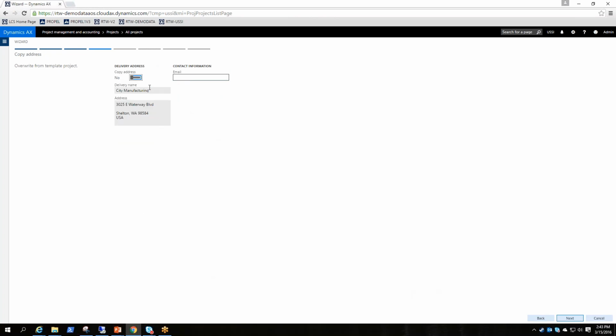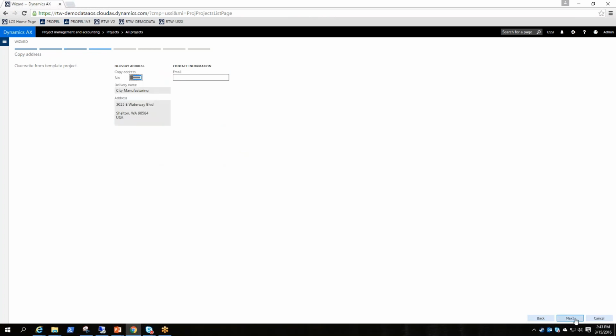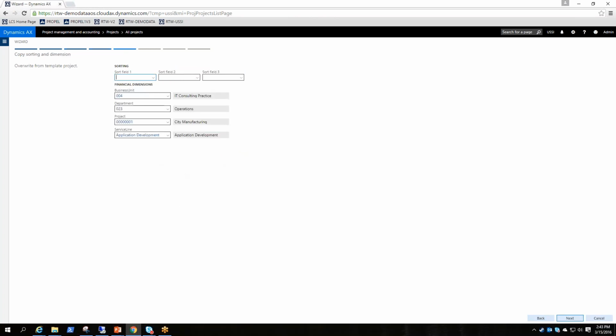So this information as well, you'll want to adjust. Yeah, it looks like you can't change it at this level. I would suspect that it should change when you adjust that. But anyways, we'll just keep going. Then we can define the financial dimensions that you want, and they're just pulling in from the template, or the sort fields if you're using that type